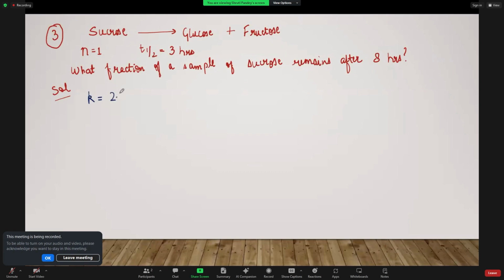K is 2.303 by time, log of A naught by A. So see, the reaction is first order and they have provided you with the half life. What is the need of half life is they have indirectly wanted to find out the value of K. Because for the first order reaction, K is inversely proportional to the half life. So if half life is 3 hours, K will be simply